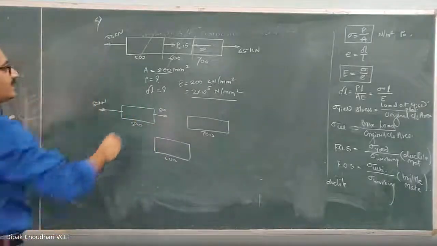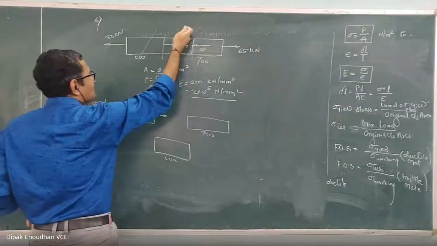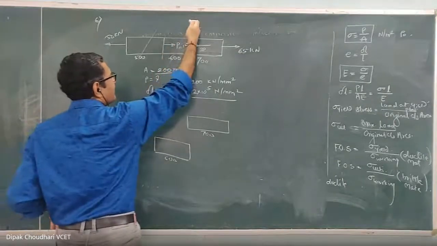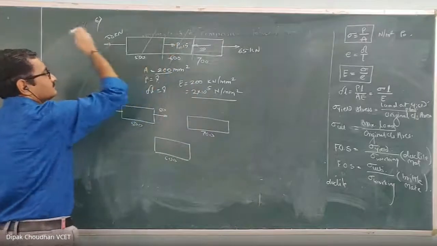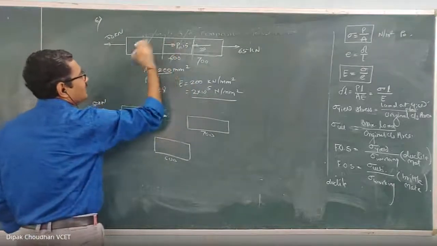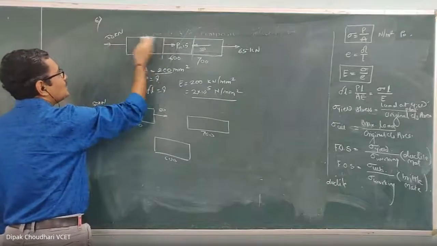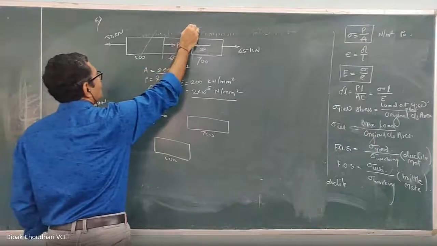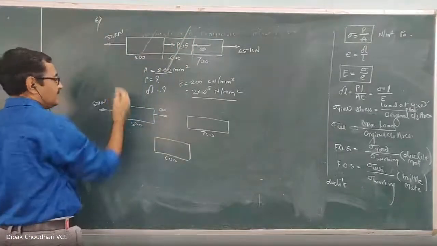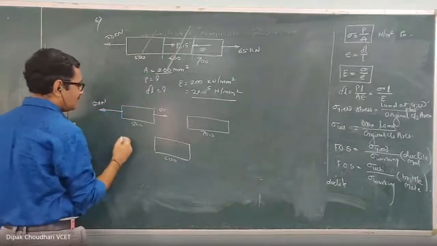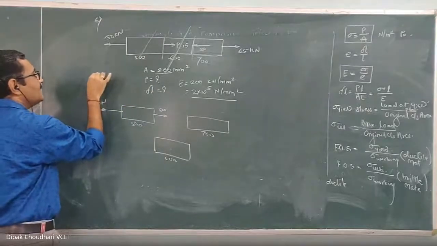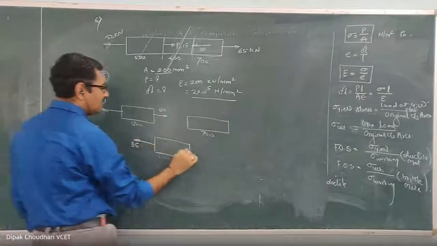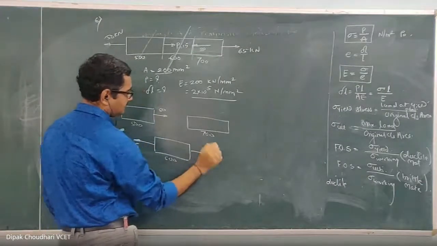Okay, so here I take the section through the second part, because I have to calculate the axial force induced in the second part, and take the algebraic summation. Now this force is on left hand side, this force is on left hand side. So these two forces we have to add by using the proper sign convention. Now with respect to this section, this force is tensile, so positive, plus 50 minus 15. So summation is 35. Plus 35 means tensile. So the second part is subjected to an axial force of 35 kilonewton.